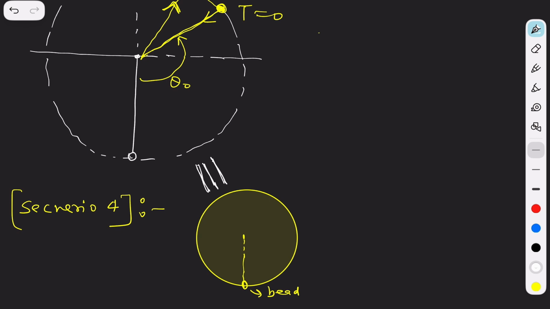Okay guys, so I have covered all the possible scenarios that we may encounter in the different modules, or as problems in different scenarios. In terms of theory we have covered vertical circular motion. In the next lecture I'll take some very good problems, and we will see some very good thought-provoking concepts also as problems. Okay guys, so